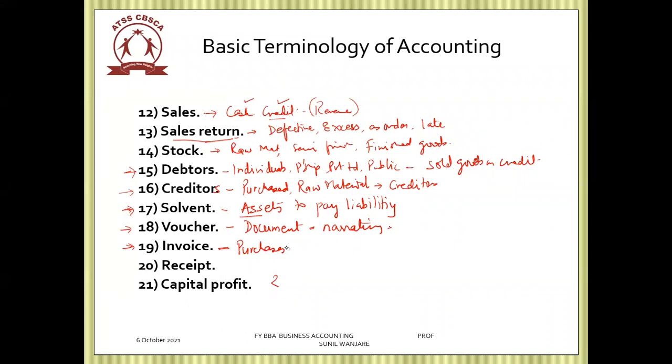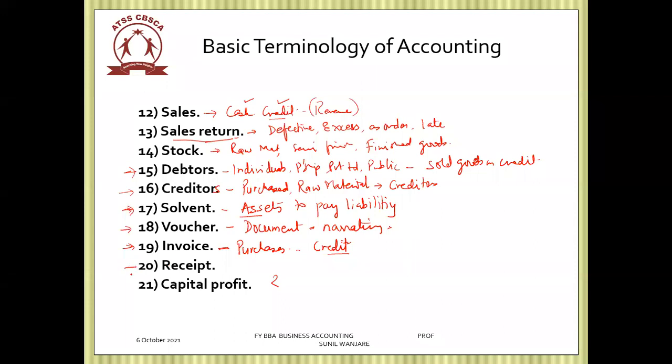Now, if I'm using a telephone for my business, the telephone bill is not an invoice. It's only a bill, as I'm utilizing services. If I'm consuming electricity in my business, I get a power bill, a light bill. That is not an invoice. An invoice is about a particular tangible thing that has been supplied or bought. Then we have a credit invoice. When I've purchased or sold goods on credit, it is called a credit invoice.